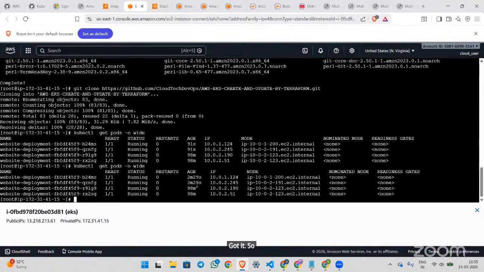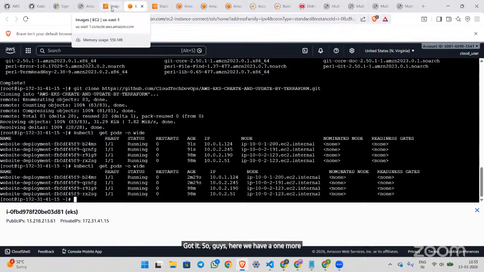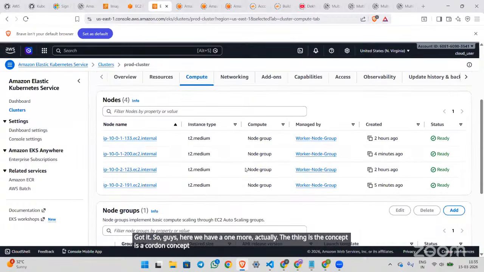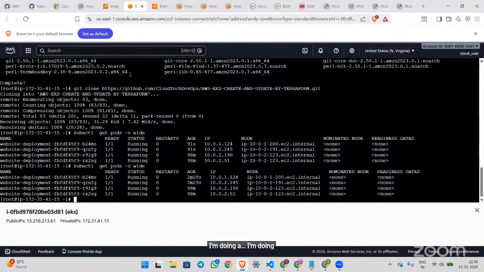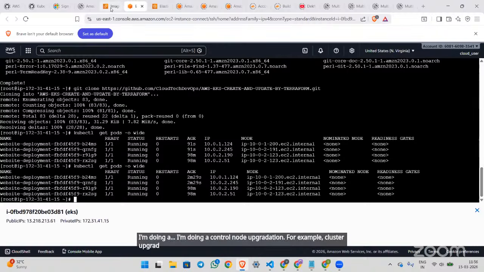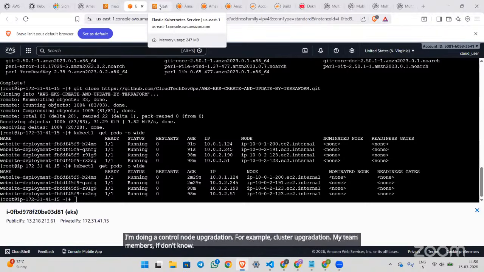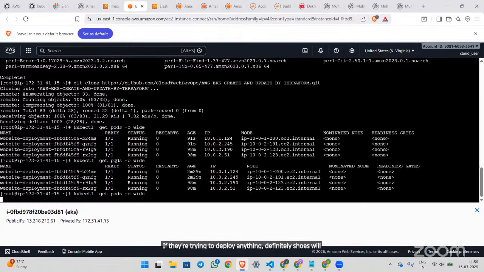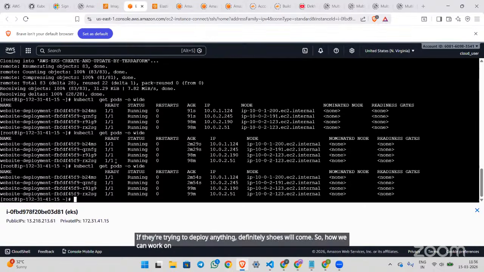So guys, here we have one more concept, the cordon concept. For example, I'm doing a cluster upgrade. If my team members don't know and try to deploy anything, definitely issues will come. So how can we overcome these issues while doing a cluster upgrade?